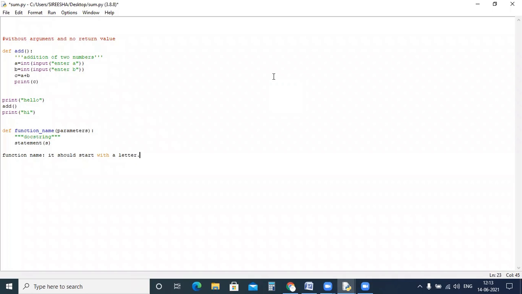Smaller letters and uppercase letters will be different. It should start with a letter. It should not start with a number. No special symbols allowed. Only underscore is allowed.